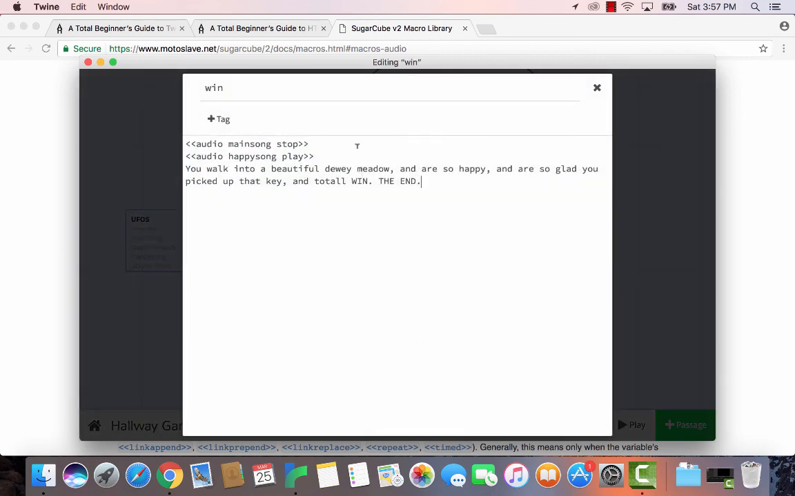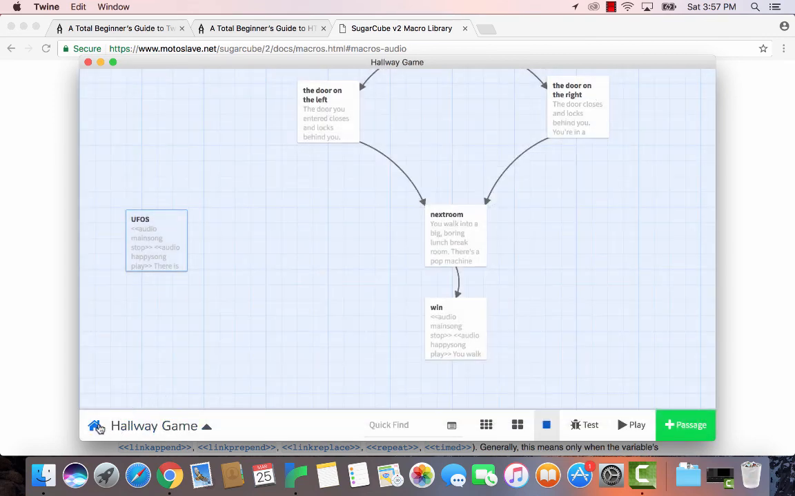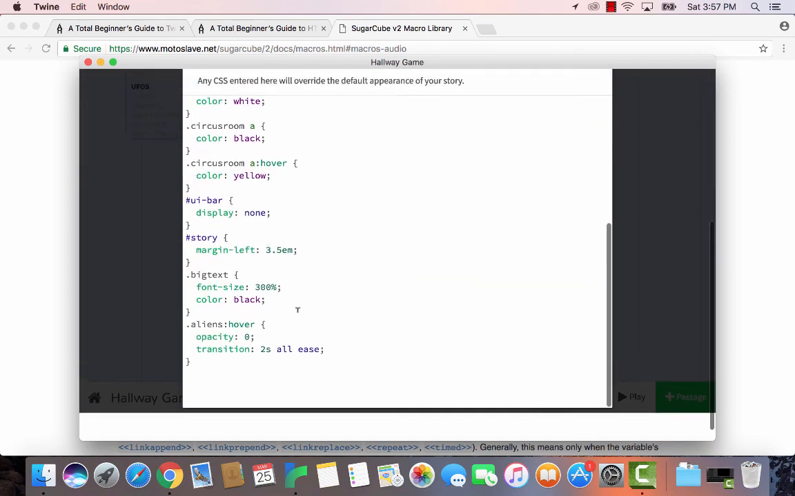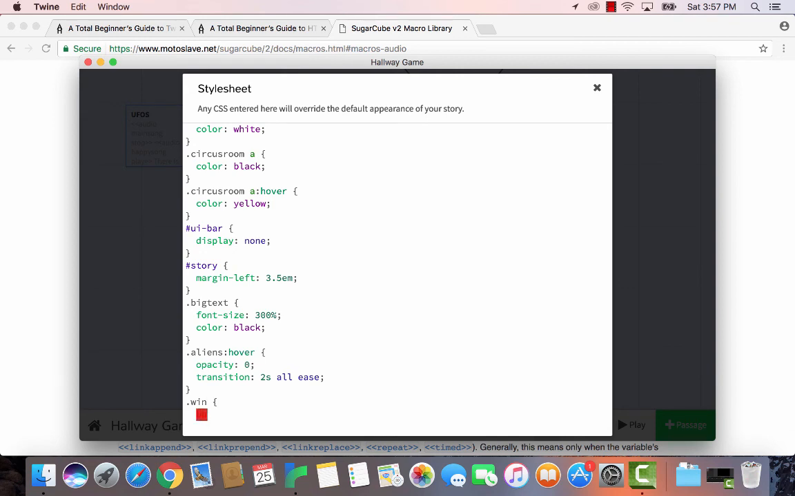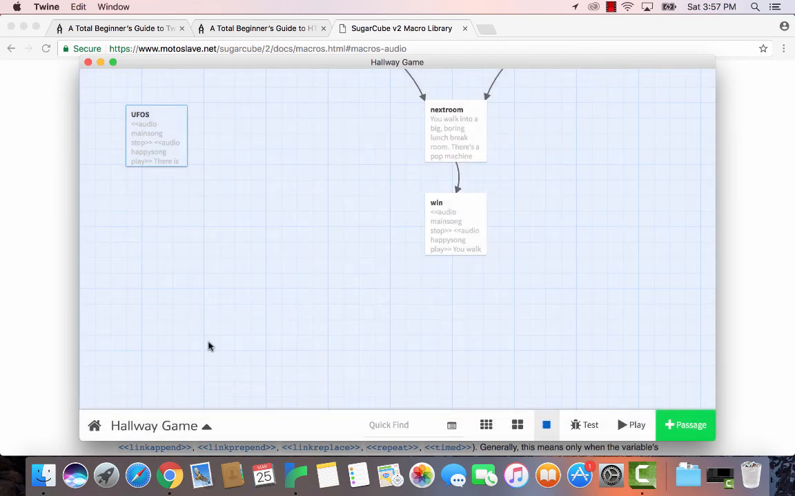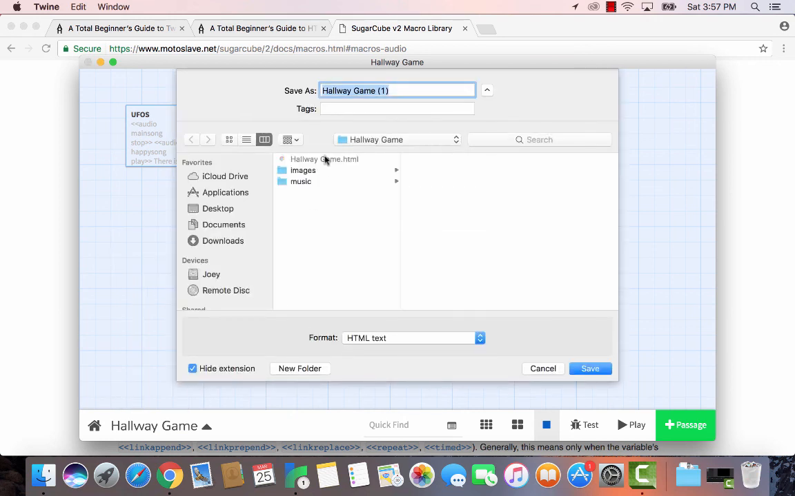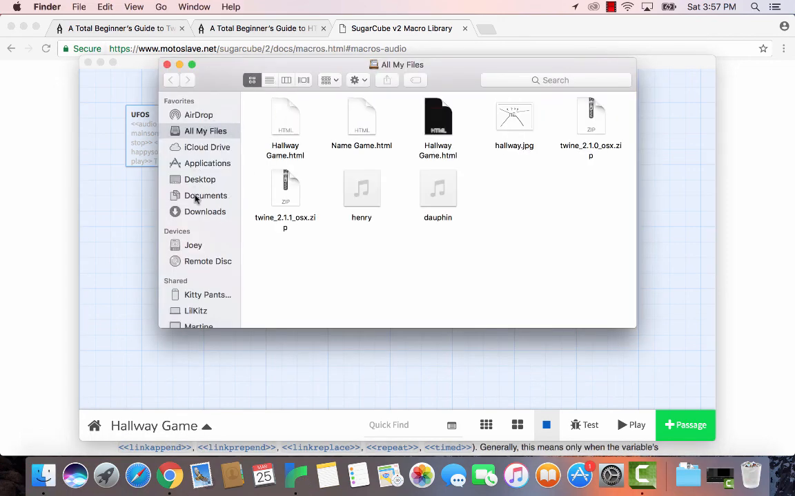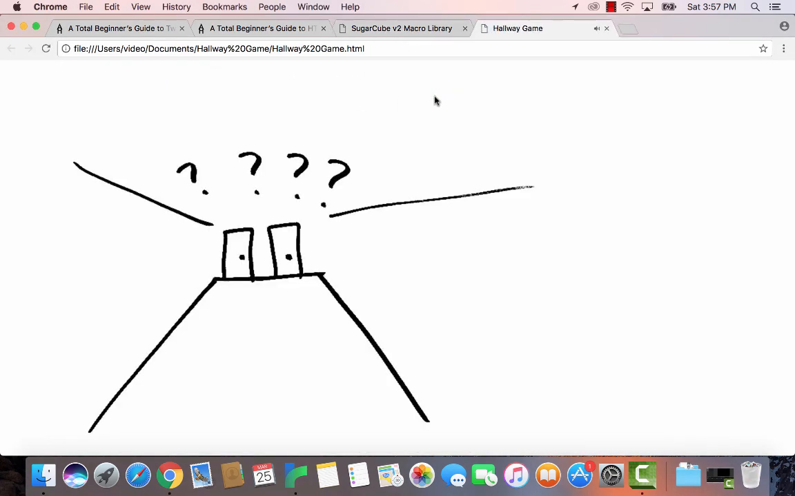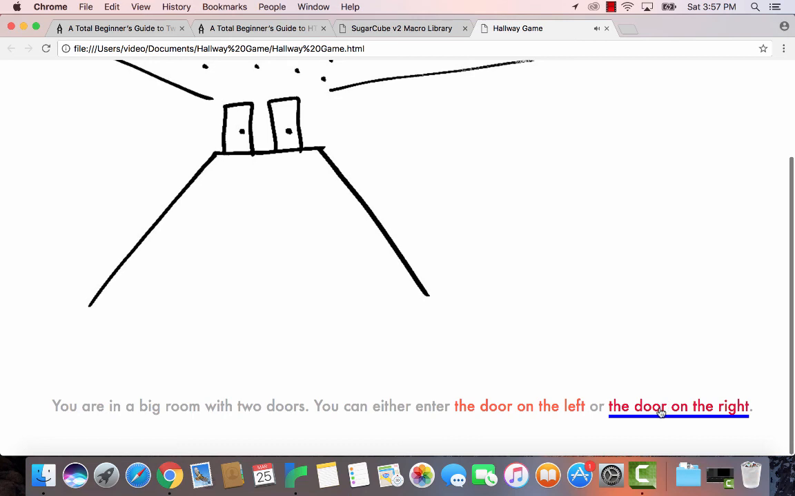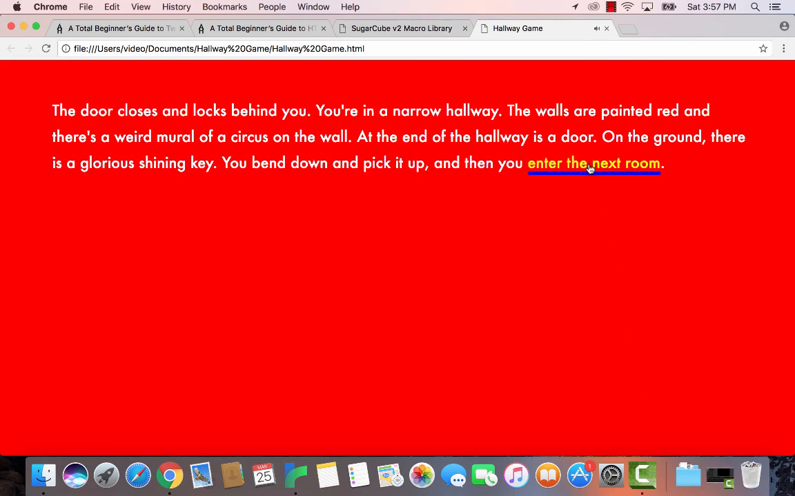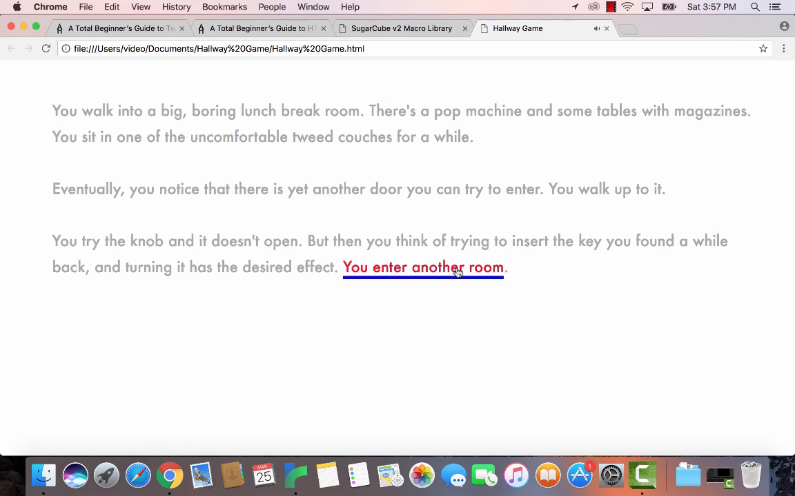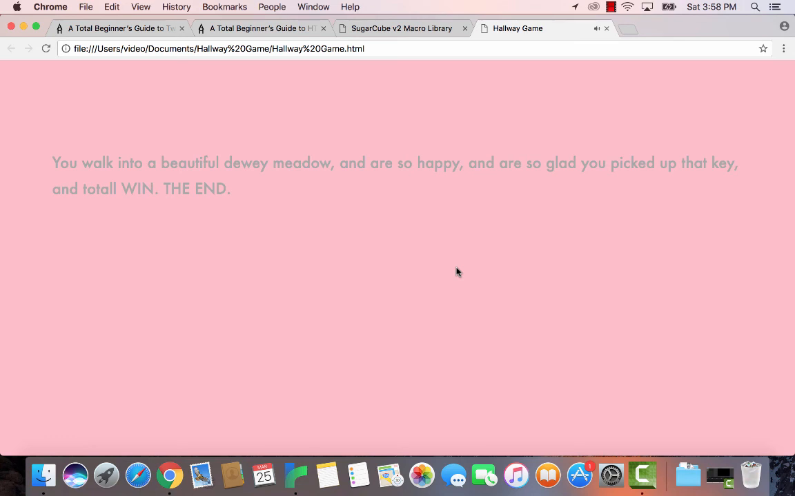Maybe we want to have just like a special CSS class tagged on this last thing that at least indicates visually a little bit that we have won. So let's just make our CSS class win and make it background color pink, the most celebratory of the colors. Now I'm going to publish that to file, stick it where I've been sticking it before. It's published now. Go to Documents, Hallway Game, double click. There's my music. Let's do the winning condition. Door on the right, find the key, enter the next room, enter the last room, happy music, pink background, we win,